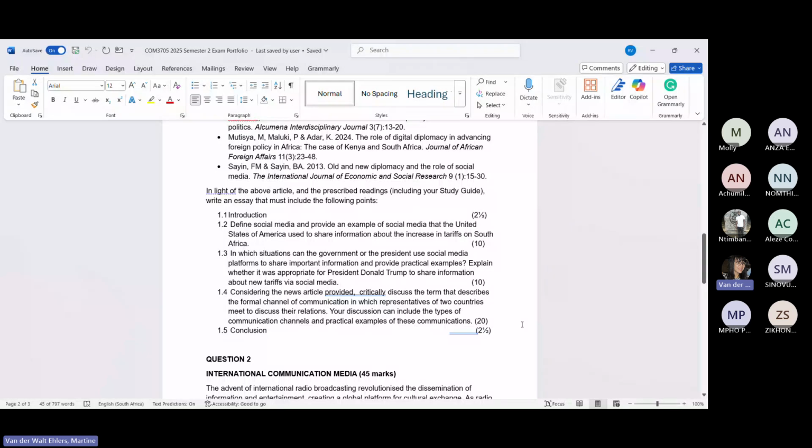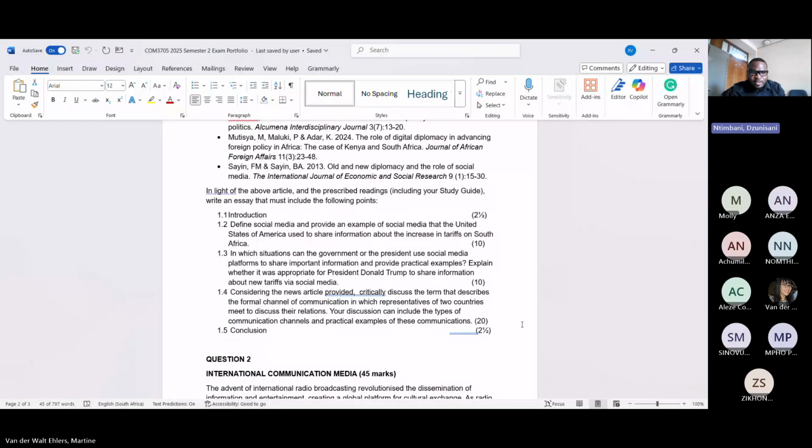So there we go. In which situations can the government or the president use social media platforms? Explain whether it was appropriate to share information about new tariffs via social media. Yes. Good afternoon, ladies and gentlemen. My name is Dunisani Timbane, as my colleague has said. So that question requires you to go and read and check the proper channels where the government can share information about different things.